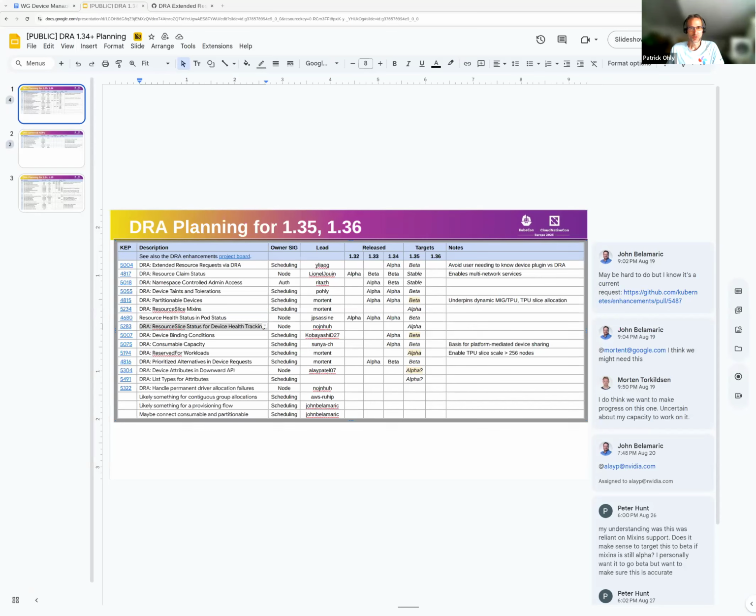I forgot. It doesn't even appear in our list, the one that I'm thinking of, and I don't see it. Okay, but anyway, yeah. So it should be possible to allocate devices that are different at some attribute.